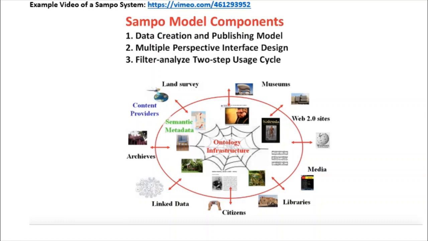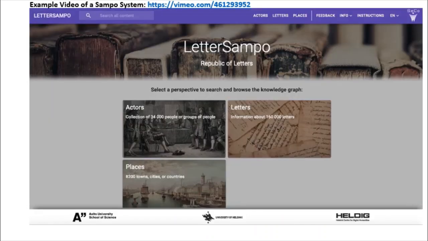The Sampo model includes a collaborative business model for collaborative data publishing in a shared linked data service, the idea of accessing the data from multiple perspectives, the idea of integrating the service seamlessly with data analytic tools for research, and finally, a model for addressing research questions in 2 steps, where faceted search is first used for filtering out data of interest, and data analysis and visualizations are then applied to it. We next illustrate this idea by showing examples on analyzing letter data by using the Letter Sampo demonstrator.